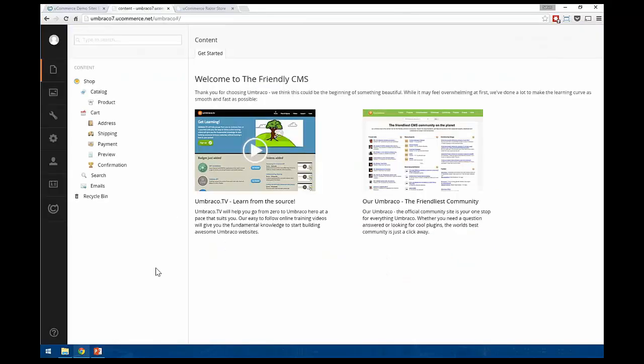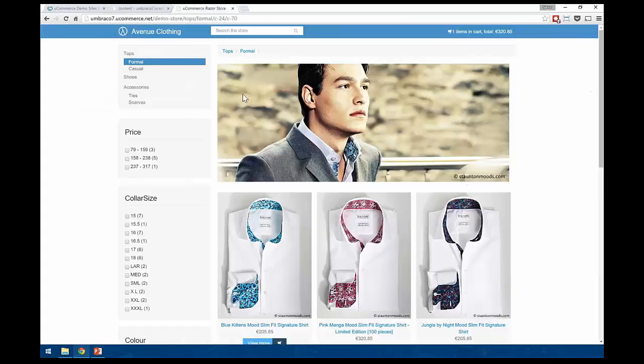The reason for that is that we want the individual platforms to deal with the area that they deal with best. So for Umbraco, it's content and presentation, and for uCommerce, it's catalog, price information, all that good stuff. And so you'll not see the products in here. They will be linked in via the store that's active right now. So Umbraco will deal with presentation.